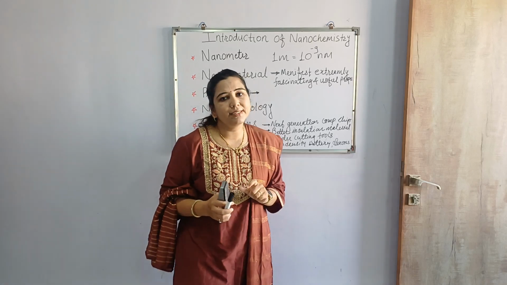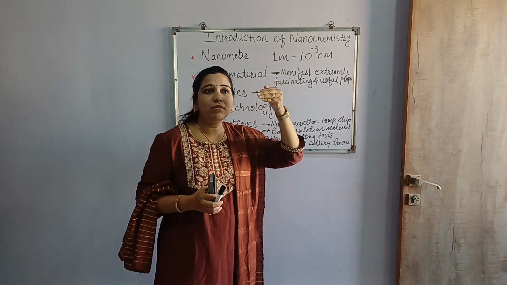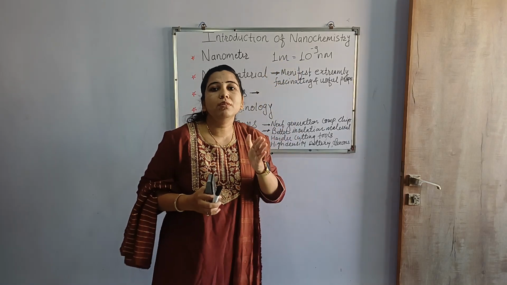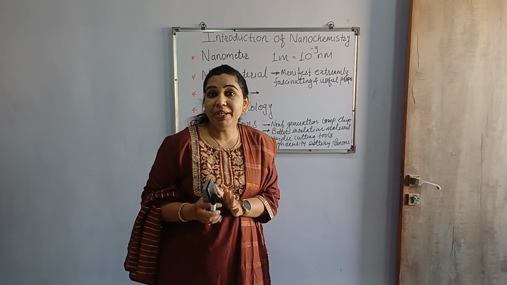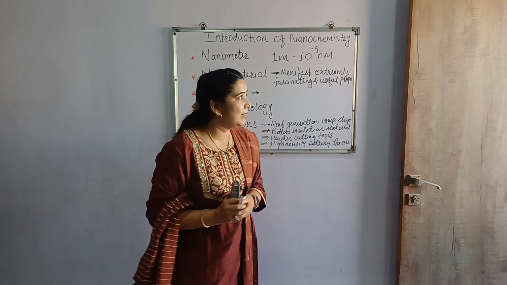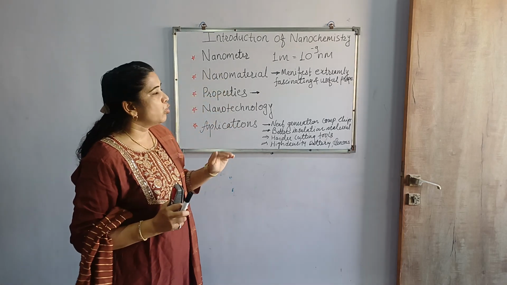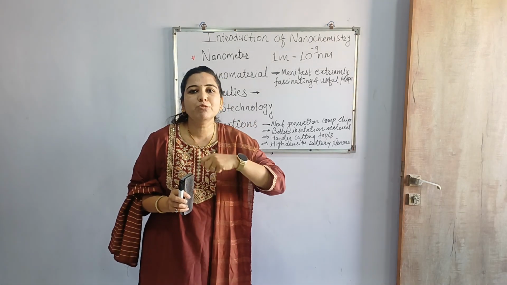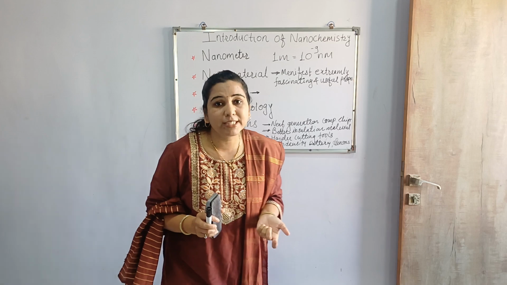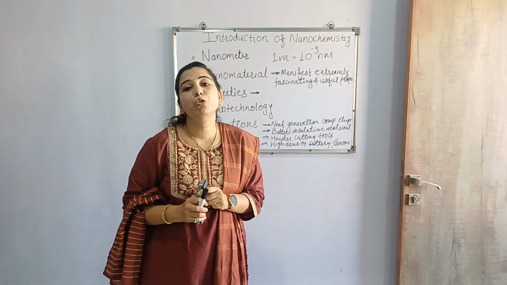In between that is the nanoscale. So it is 1,000th of 1 millionth of a meter. That is, 1 millionth means 10 raised to minus 6, as we generally say, and 10 raised to minus 9 is 1 nanometer. So the number of examples which we have to explore here,